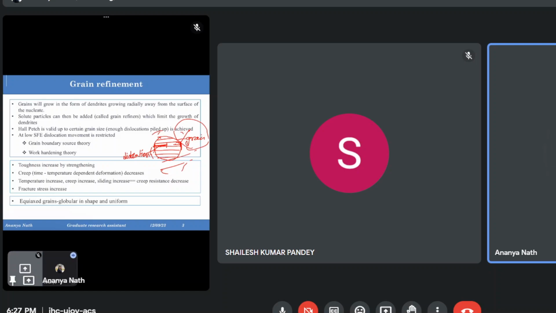So there were some other set of equations. I'm not going into that equation because equations were pretty much easy. It's just how we are deriving the Hall Petch equation. So we will get to reach the Hall Petch equation if the grain size is enough big and the dislocation pile up is enough big. So this was the summary about the grain refinement, and the applications I have already told. So the next topic was the